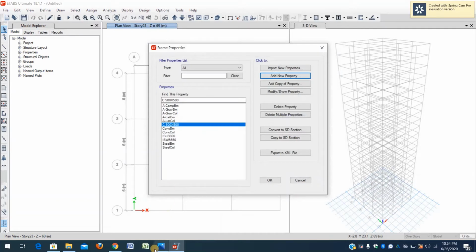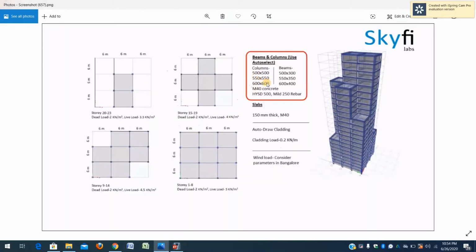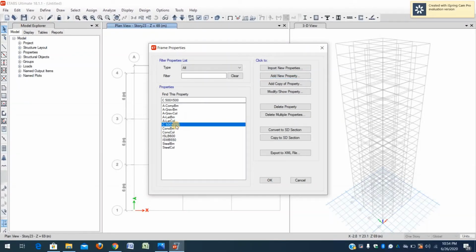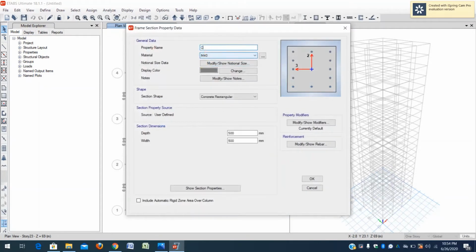Similarly, we have two more columns, 550 by 550 and 600 by 600, all with the same properties. So select C500 by 500 and we are copying the properties. Select Add Copy of Property. Enter the name C550 by 550, and just edit the name and dimensions. It's enough.